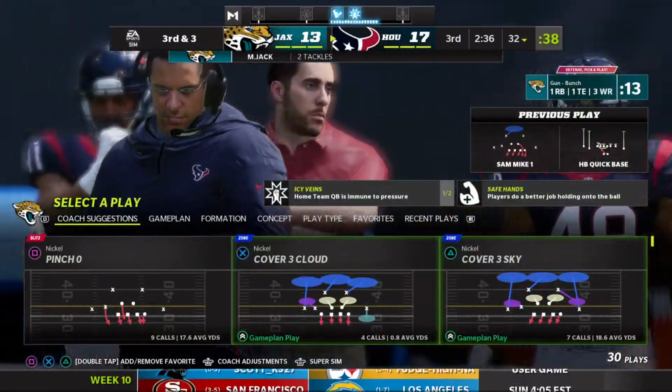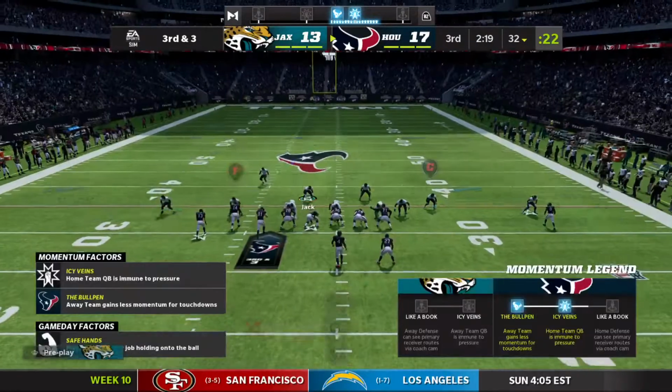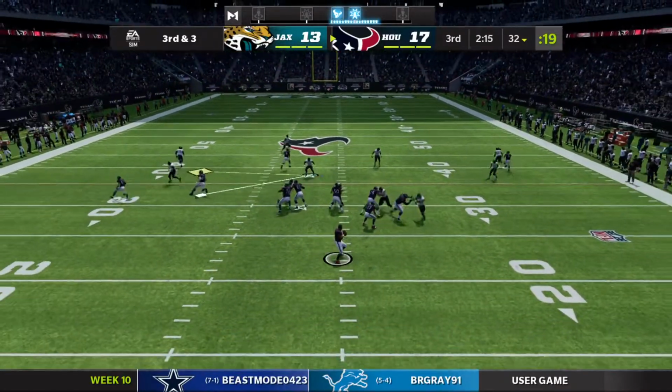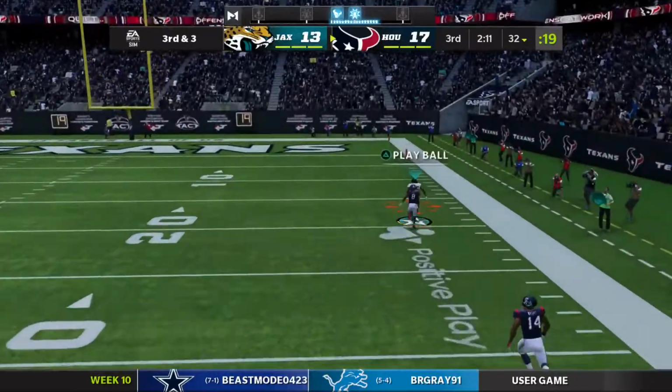Sometimes with the running game, you've just got to stick with it. Look, it's the 3rd quarter, no time to panic. But that also doesn't mean you just do it the same way you've been doing it the entire ball game. Maybe change up some blocking assignments or run a few different plays, but stay with the overall essence of the...